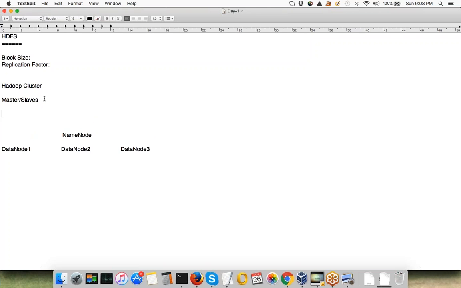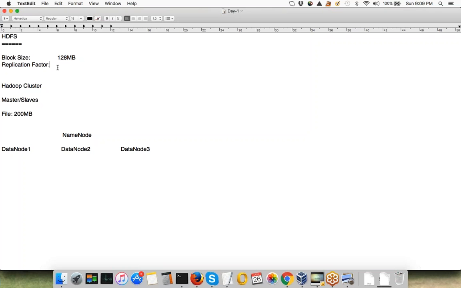So for example, if you have a file of let's say 200 megabytes that you want to write in Hadoop, by default the block size in Hadoop is 128 megabytes, which means it will divide the file into blocks of 128 megabytes each, and then it will write those blocks in the cluster.